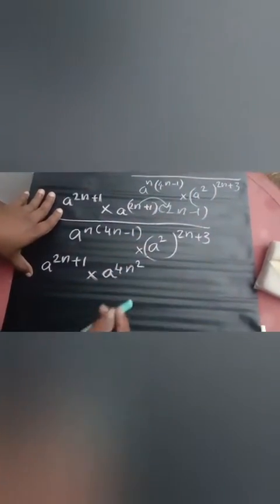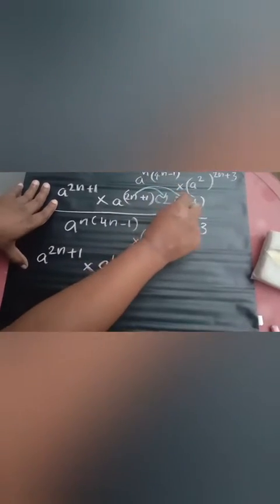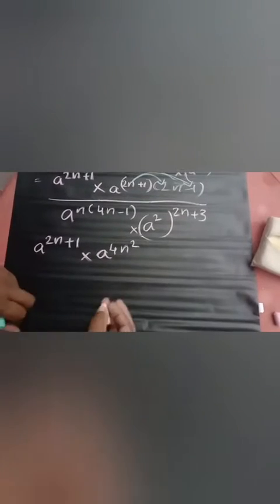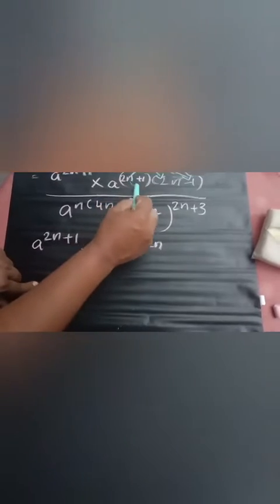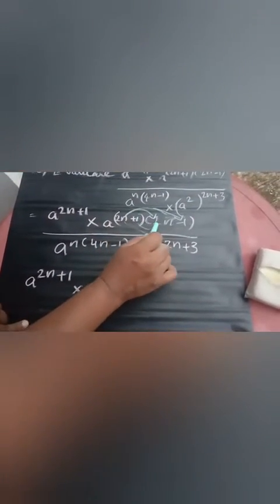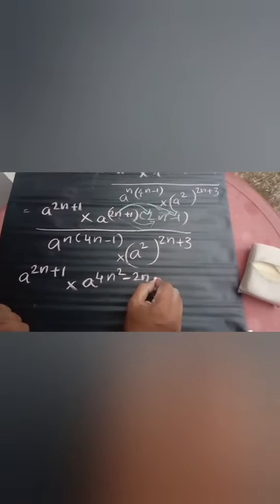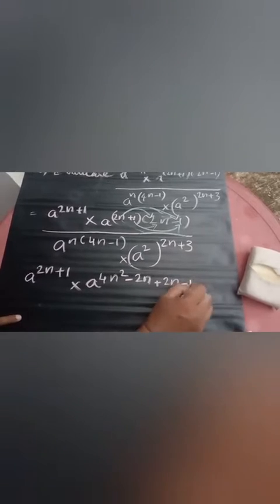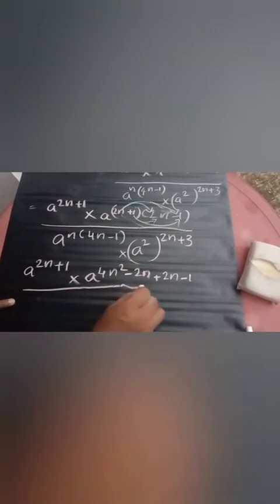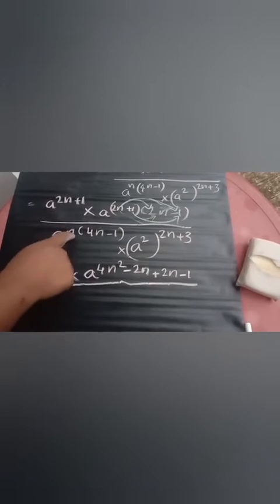2n into 2n is 4n square. Now again 2n into minus 1 is minus 2n. Now 1 into 2n is plus 2n. Now 1 into 1, 1 into minus 1 is minus 1. Okay, divided by a raised to n into 4n,